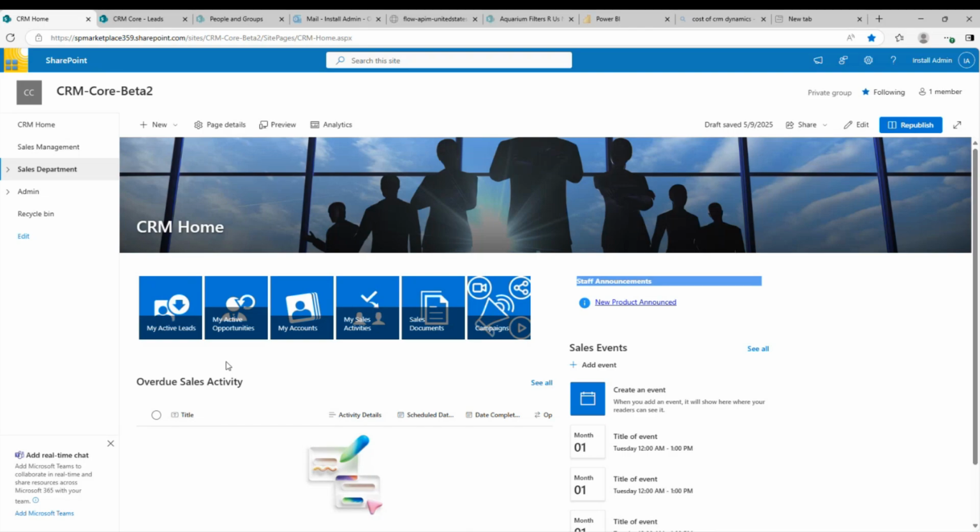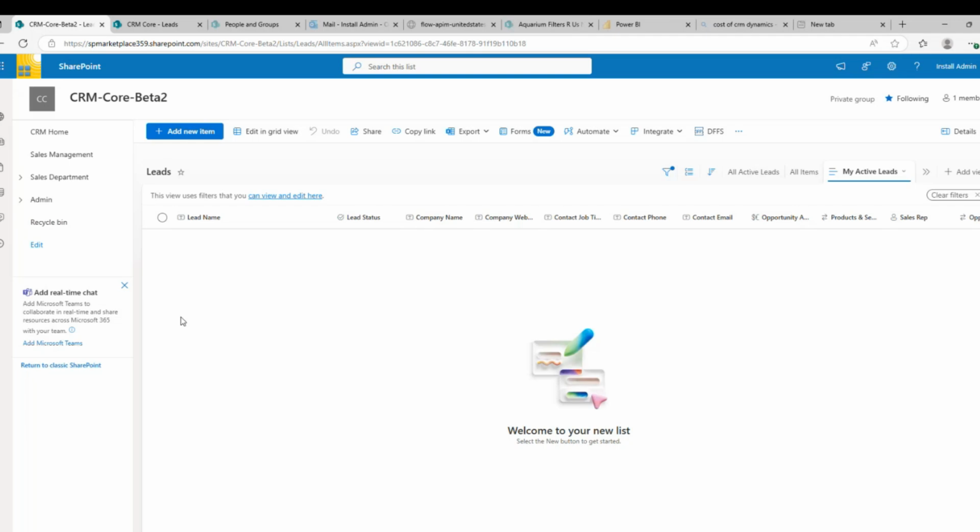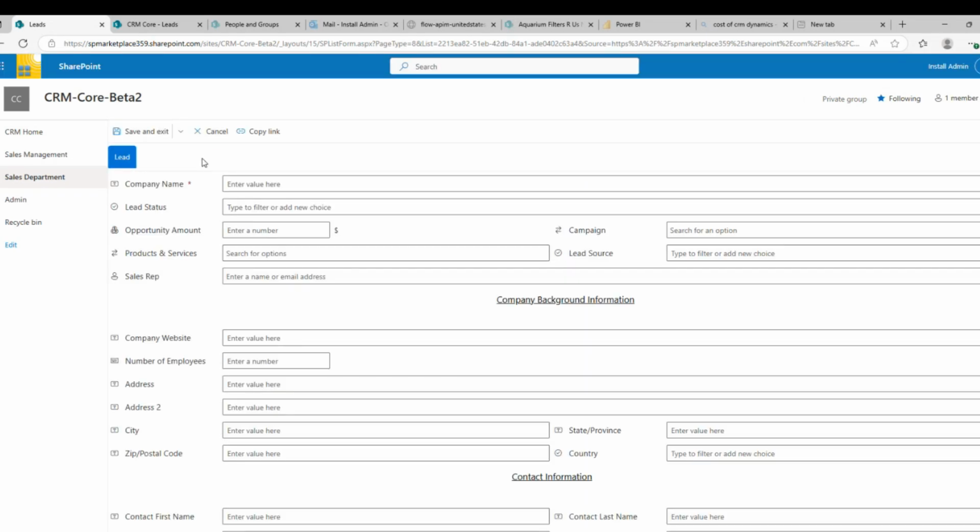Today, we're going to talk about what a sales rep does to process a lead from the beginning through getting the order. The first thing is, where does a lead come from? Leads can come from a variety of sources. We can create a web form. We can use a Microsoft form. Somebody can telephone and you can manually put in a new lead. A lead is simply a suspect that is now going to be talked to find out if there's an opportunity for business. So adding a new item is a manual way to create